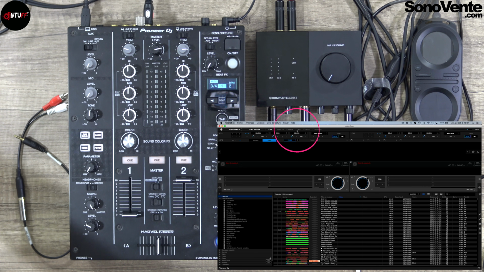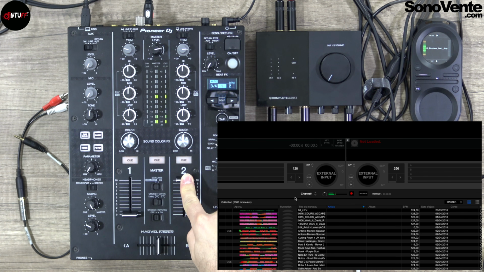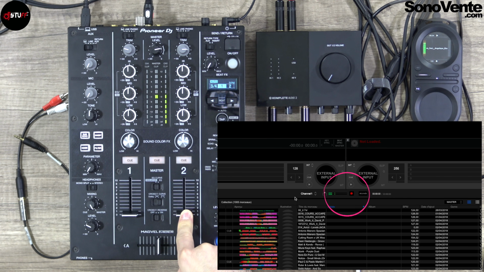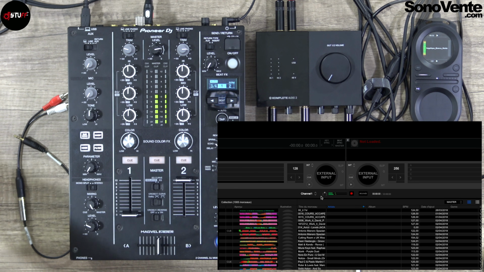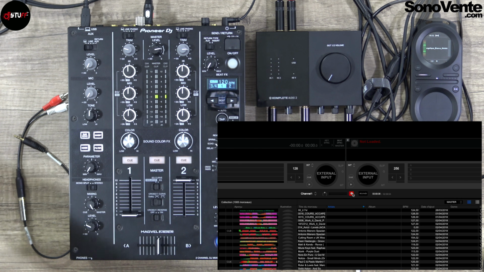You have to check rec here, you have your record here, and you see, for me, it's channel 1 because I put rec out on channel 1, of course. So when you see, you can record everything. So you can put a trim control here, you put record, and it's done. When you finish your mix, you stop, and you push another record, and it will be recorded in Rekordbox.